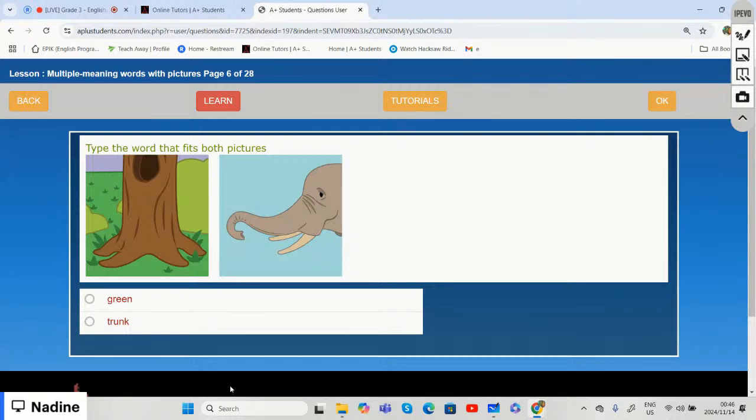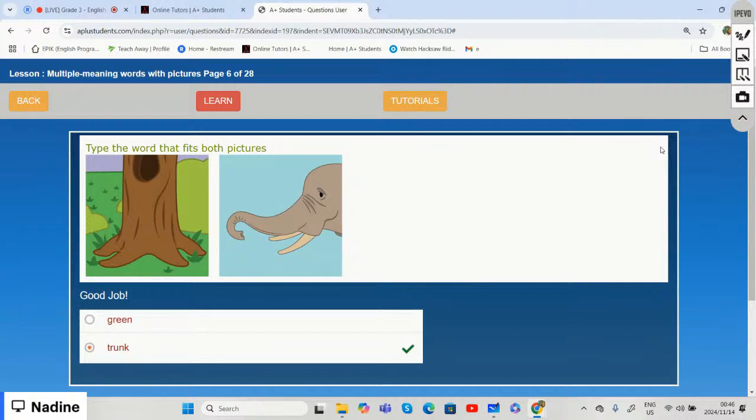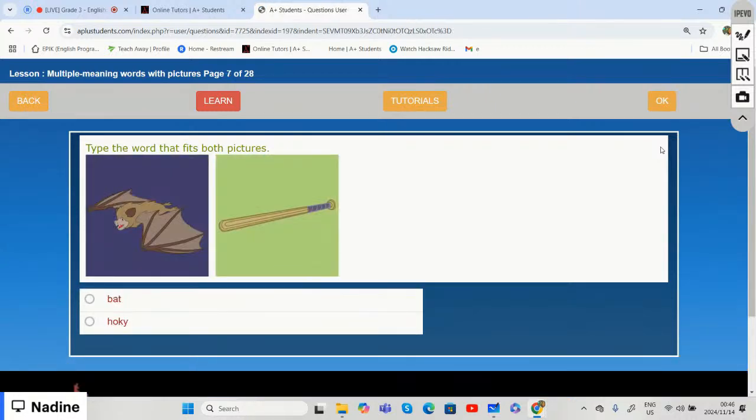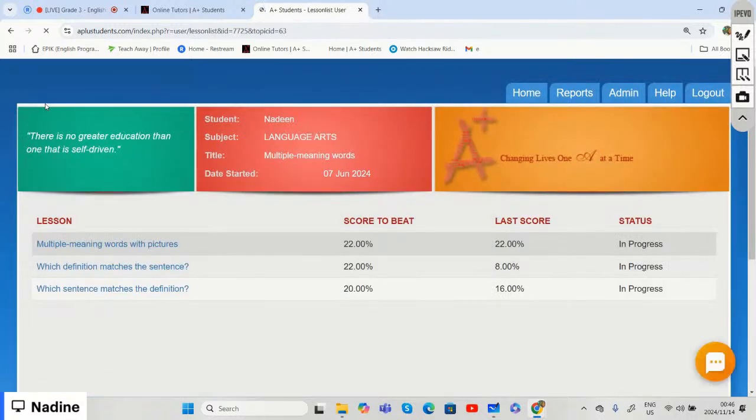If we were to choose the correct word that matches both of these pictures, we'll say it is a trunk, because there we have the horse's trunk and then that upright thingy. All right, so that was correct. Thank you very much for joining the class. This is now the end of our lesson on multiple meaning words. We said multiple meaning words are words